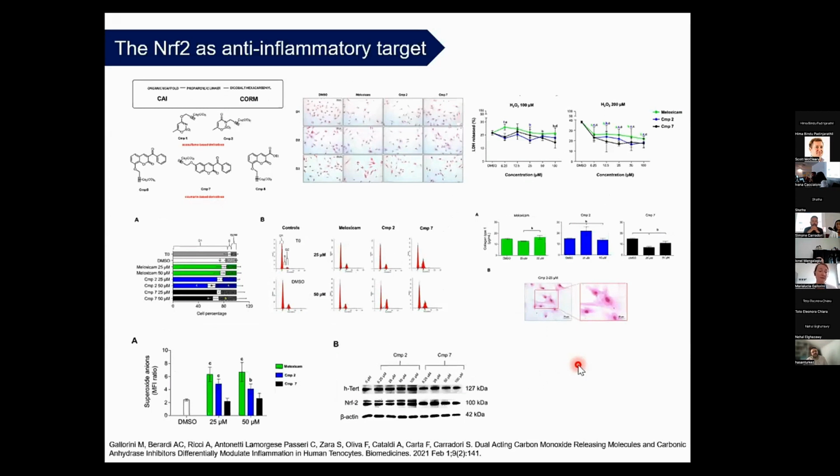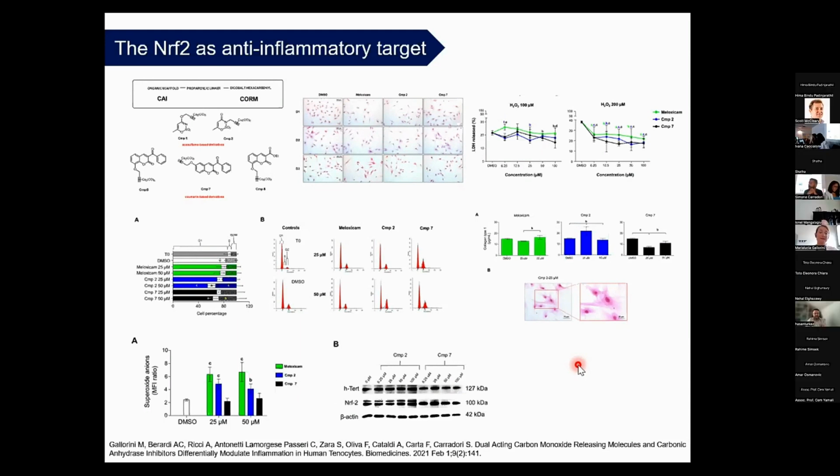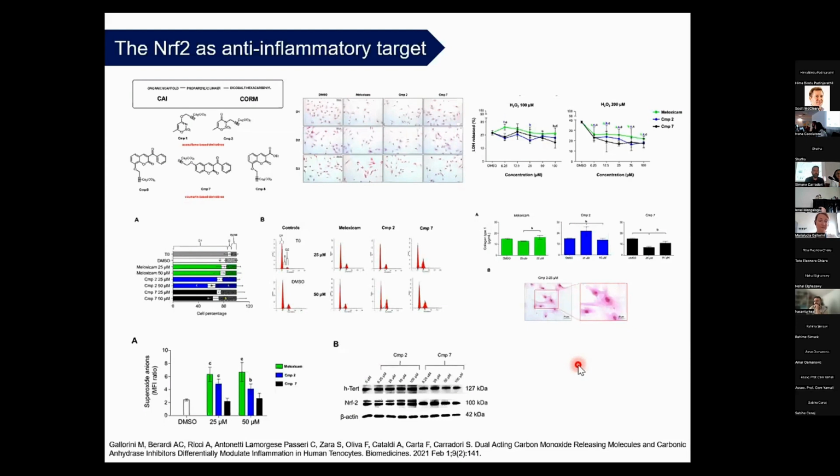We investigated whether this could be a general mechanism underlying an anti-inflammation action in tendons. As I said before, under oxidative stress and inflammation, NRF2 directly transcribes for heme oxygenase 1, which produces anti-inflammatory molecules such as carbon monoxide, ferrous iron and biliverdin as crucial cell responses to restore cell homeostasis. So the therapeutic delivery of carbon monoxide